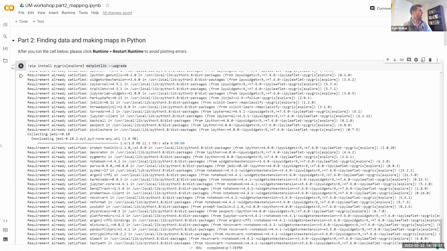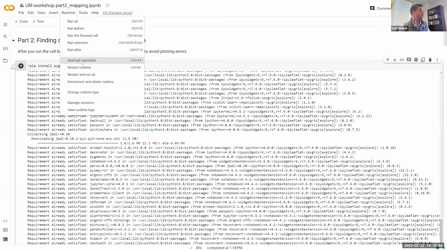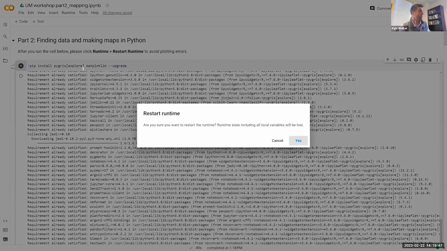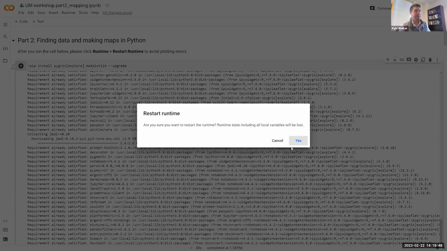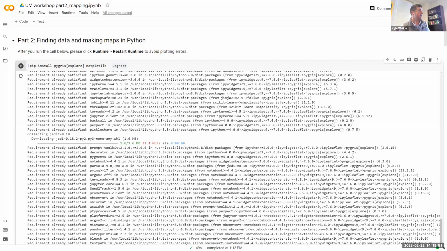Jumping back here, it looks like this installed successfully. Now, this is a critical step if you're in Colab. Otherwise, the code will not work in this section. I need you to click Runtime, then Restart Runtime. So from the Runtime drop-down menu, click Restart Runtime. It'll say, are you sure? I'm going to say yes. And what that's going to do is reboot my Python,